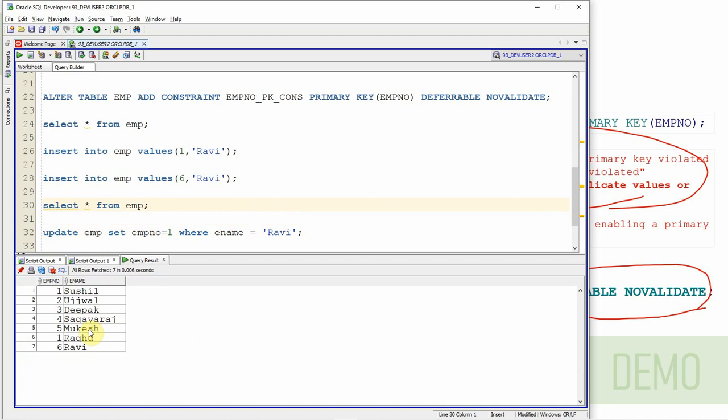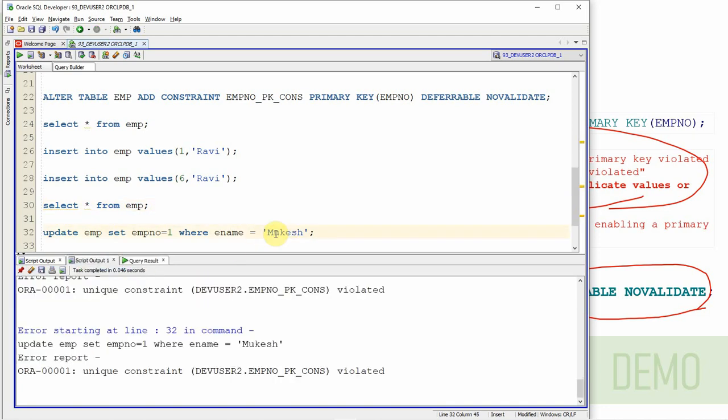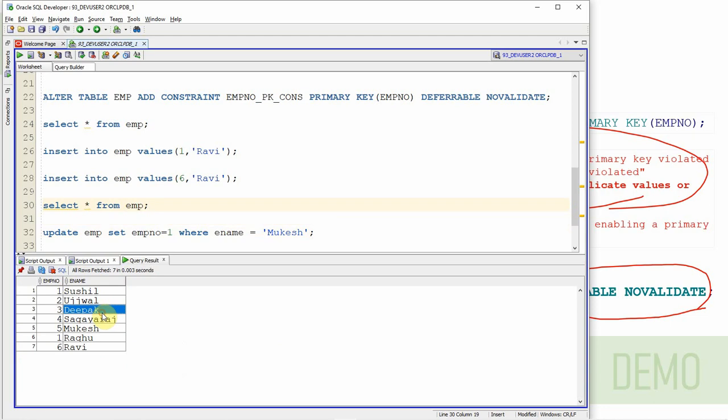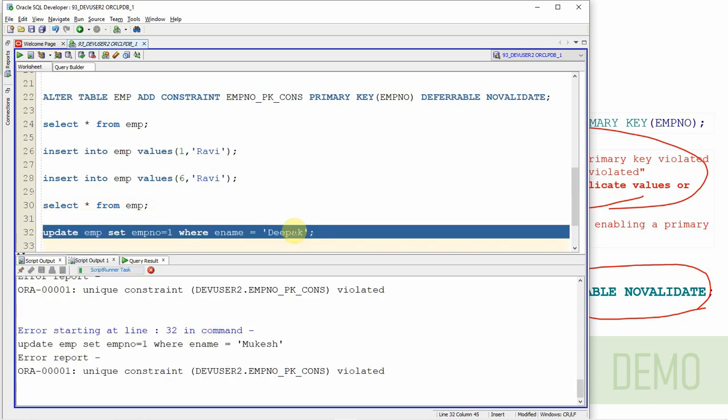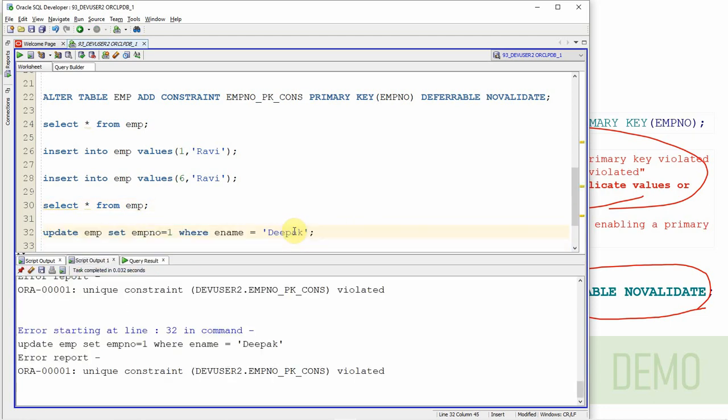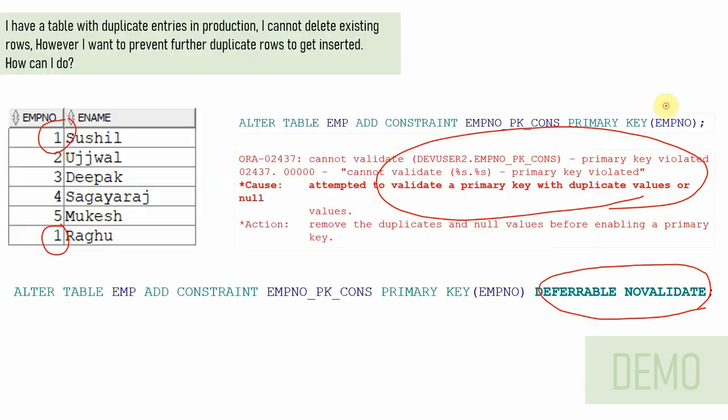So let us try to update some other employee, let's say Mukesh. Obviously it will throw. Let's say we try to update Deepak. It will throw, because after the constraint creation, for any DML changes you try to do, the constraint will get validated, whereas the rows that were present before will not get validated.